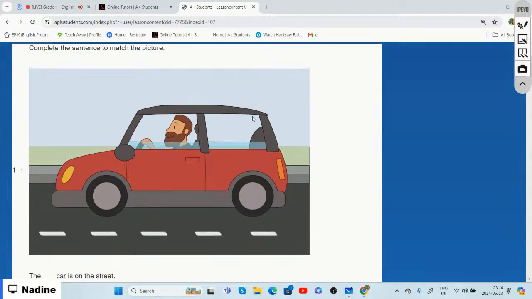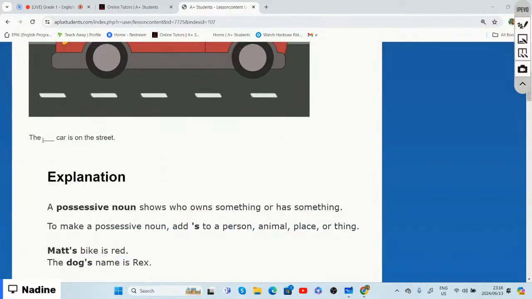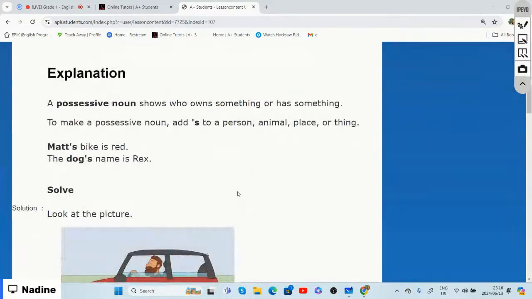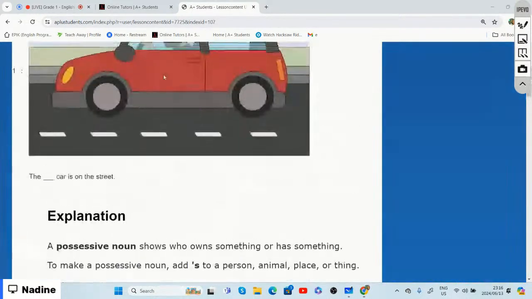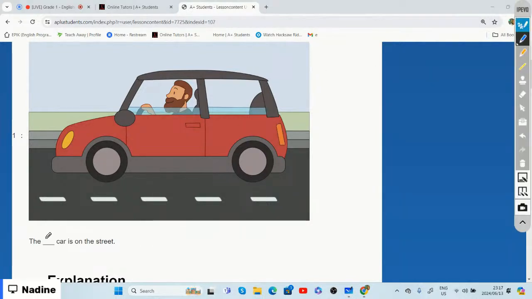All right, so now we're going to say we need to complete the sentence to match the picture. It says the car is on the street. So the car is on the street, right? If we look at the person that is in the car, so we can then say the man's car. And we put an apostrophe and an S, right? So we say that the man's car